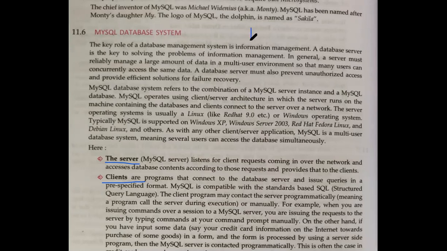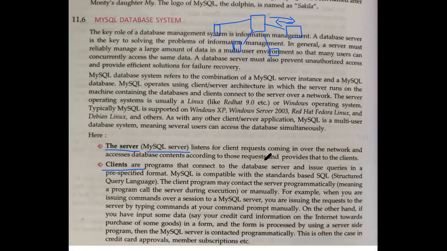Yes, exactly. See, when we talk about the client server model, server is nothing but one big computer with which so many clients are connected. These clients keep on sending requests to the server. Every time the client will send a request, and the server will send the response to the client. This is how this communication takes place. For that also we need software. For the server we are using MySQL server as a software which will listen to its clients and then send the information from its database.